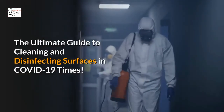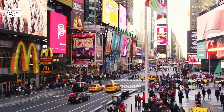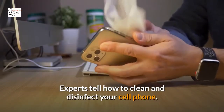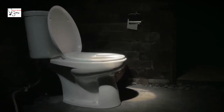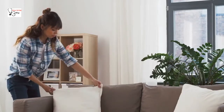The ultimate guide to cleaning and disinfecting surfaces in COVID-19 times. As America and the rest of the world faces the double threat of COVID-19 and the flu, viruses and other germs are the enemy. Experts tell how to clean and disinfect your cell phone, bathroom fixtures, kitchen counters, clothes, bedding, shoes, and more. Soft, porous surfaces like fabric are more likely to trap germs, making it less likely they will